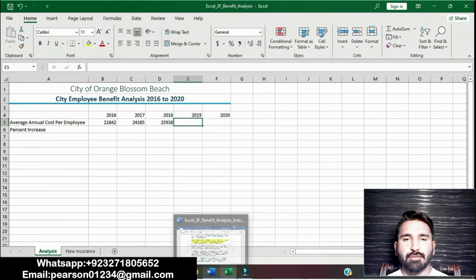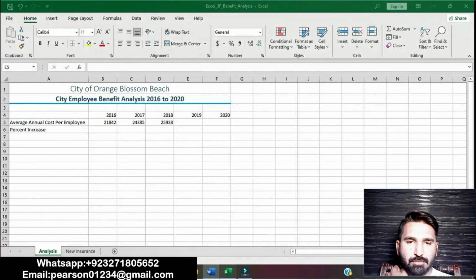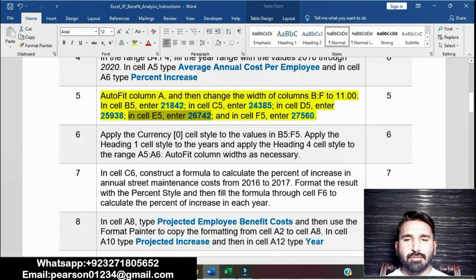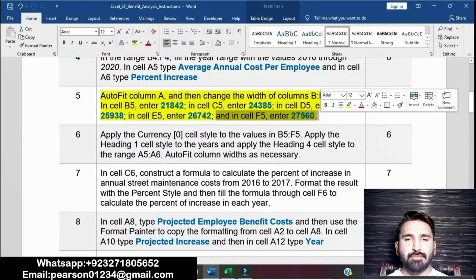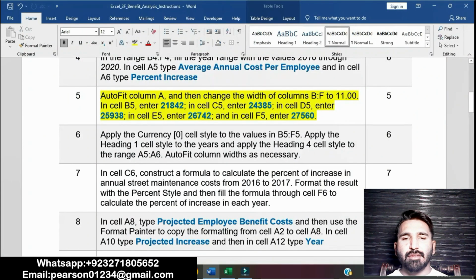Then in cell E5 enter 26742. In cell F5 enter 27567. I have done this step. Step number 5 of this assignment is completed. Now moving on to the next step.